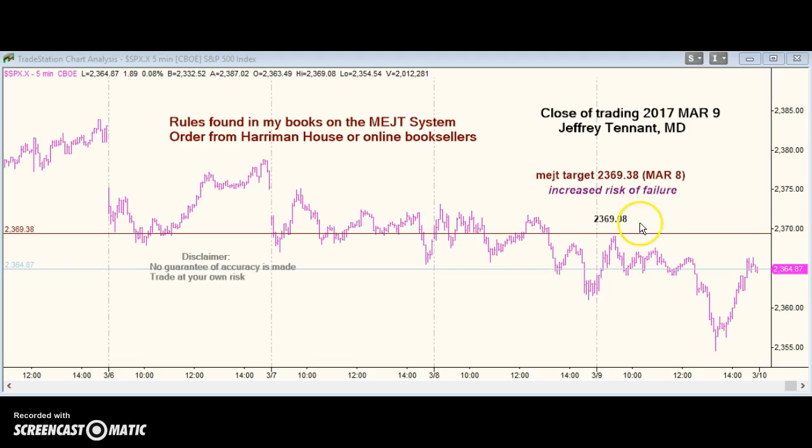Yesterday I said I was looking for a gap open and had a price target of 23.6938. Well, early on this low held, but there wasn't a gap. We got to 23.6908. Missing by 30 cents might not seem like much, but it's outside the parameters of the